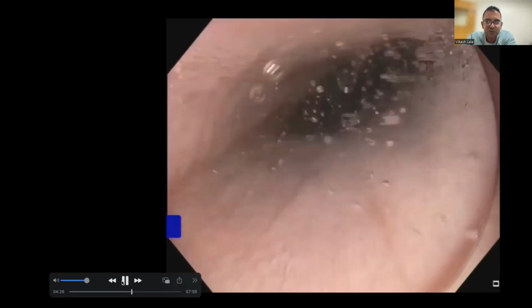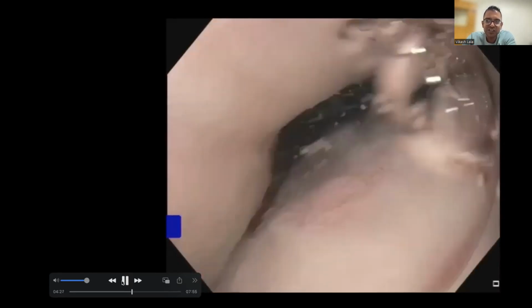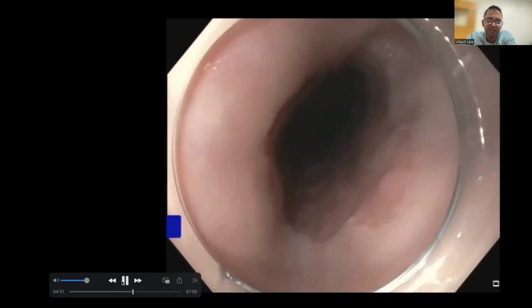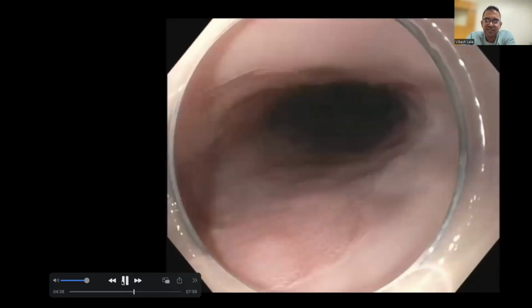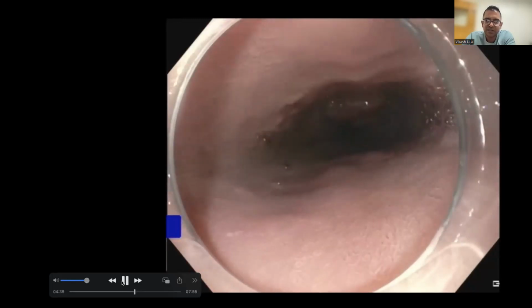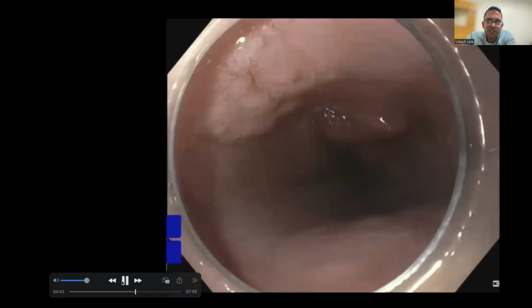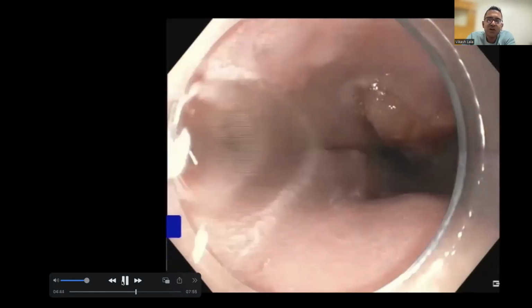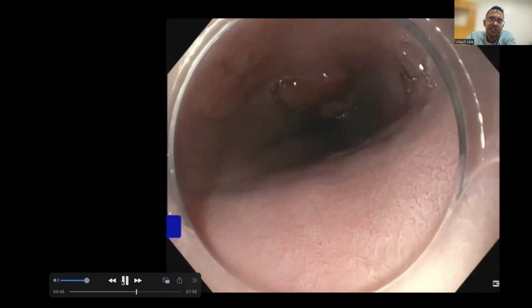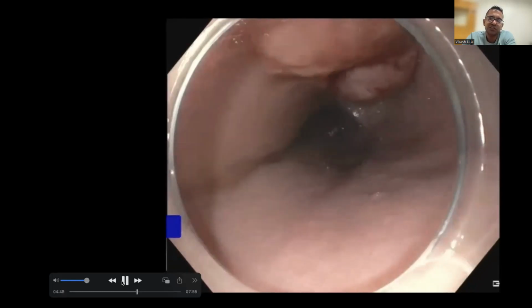Just be careful that all of these Barrett's patients, by definition, are going to be metabolic syndrome. They're likely going to have obstructive sleep apnea, and they're not going to tolerate unsedated gastroscopies, and a lot of them will require intubation. So remember, when you're doing acetic acid, what you're looking for is early loss of acetowhitening. So you do actually have to wait a couple of seconds to appreciate early loss of acetowhitening.